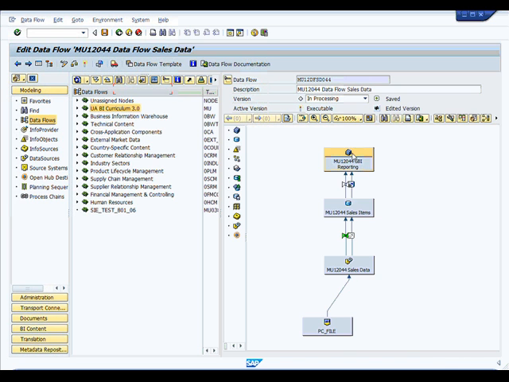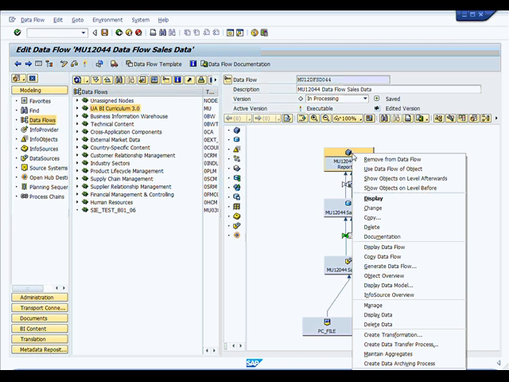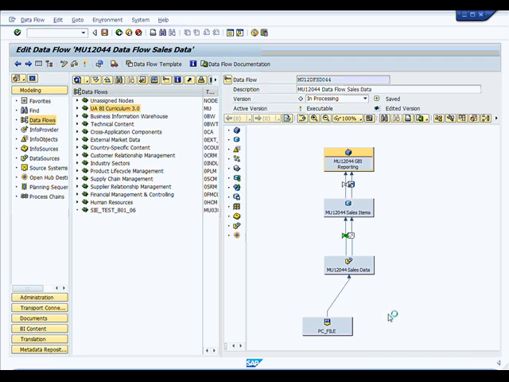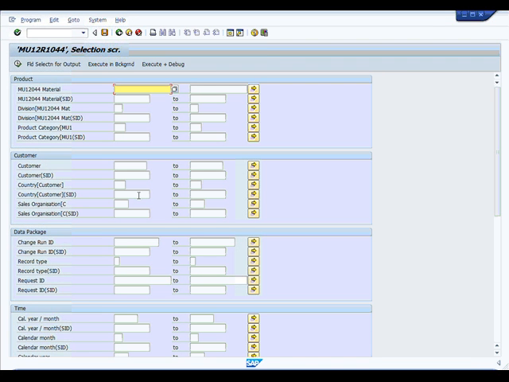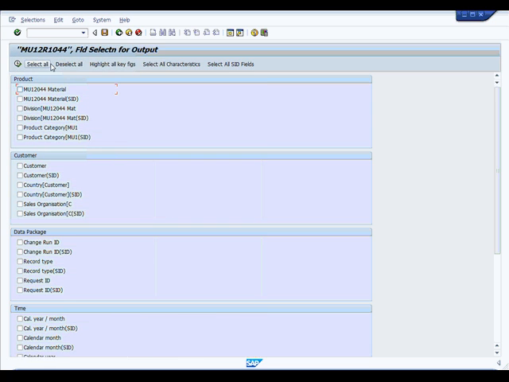You want to look at the data, you can right click on your info cube and click on display data and choose the fields that you want to display, and they tell you to show